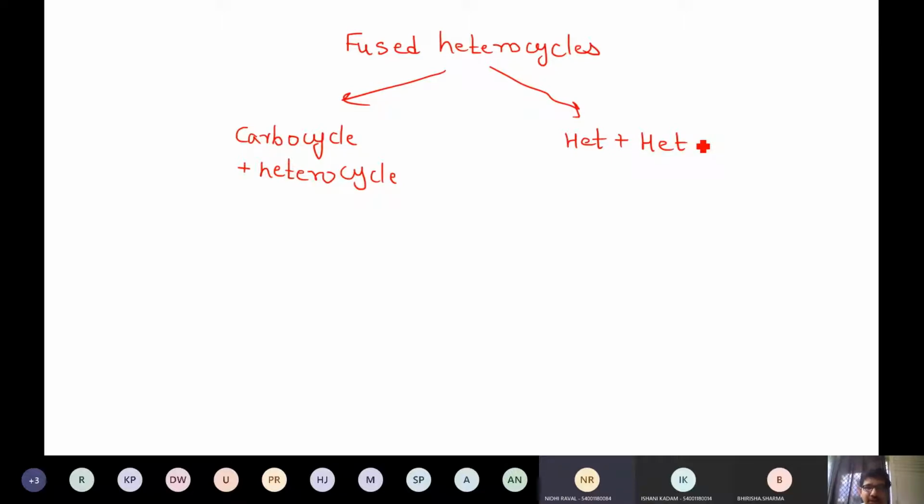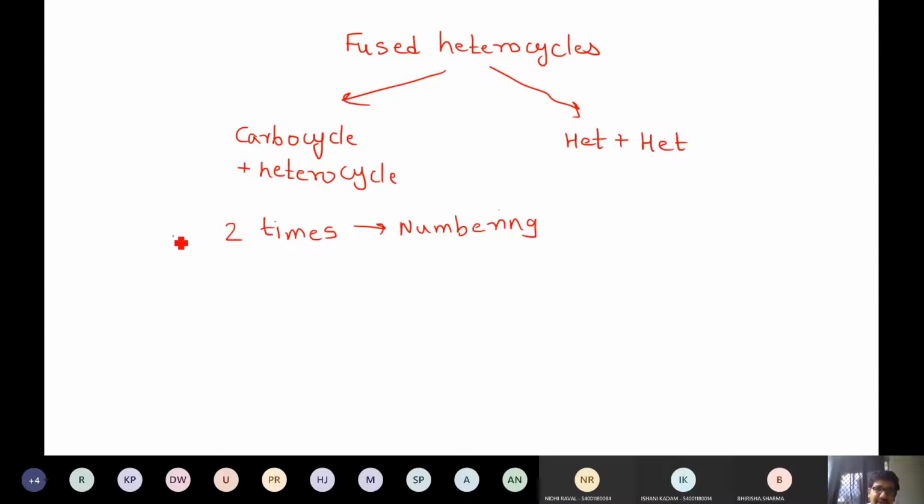Okay. So I can guess what the source of confusion is, having gone through this nomenclature, learning this nomenclature myself. The main point of confusion is that you have to number it twice. Two times you have to give numbers in this particular heterocyclic nomenclature, right? So at the outset, let me tell you what these two numberings are, so that when we start looking at examples, your confusion hopefully will be sorted.